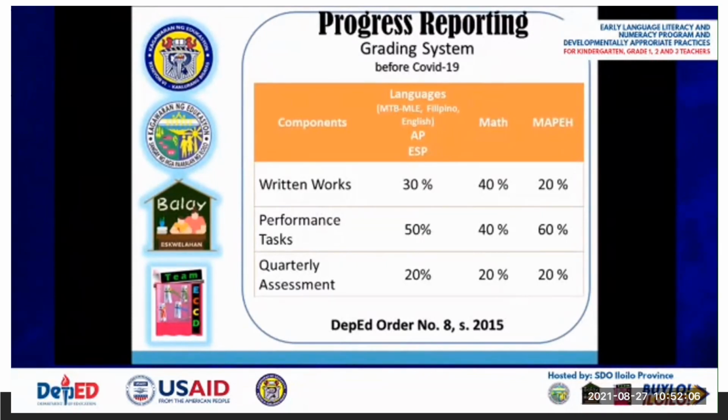This component allows learners to show what they know and what they can do in diverse ways through group presentations, oral work, and research projects. Quarterly assessment. This component measures students' learning at the end of the quarter through objective test, performance-based assessment,